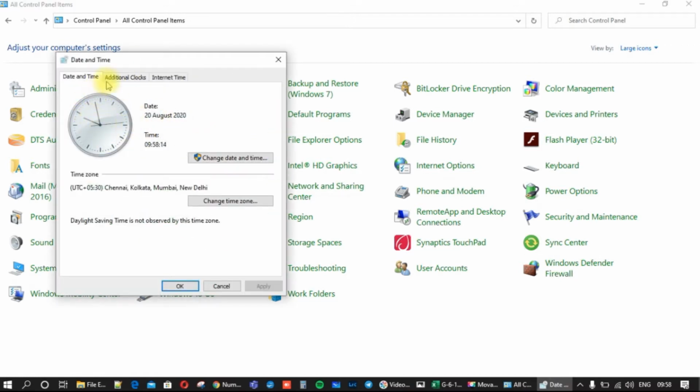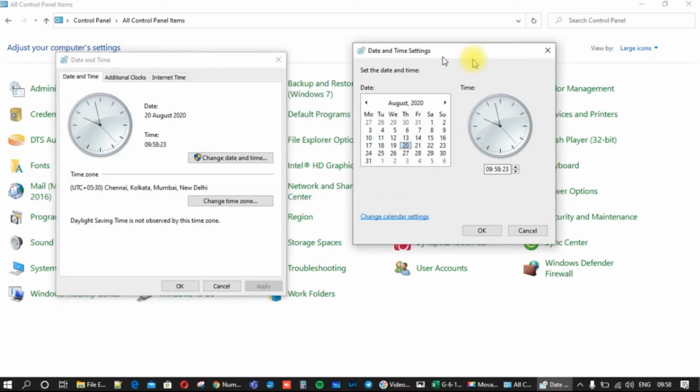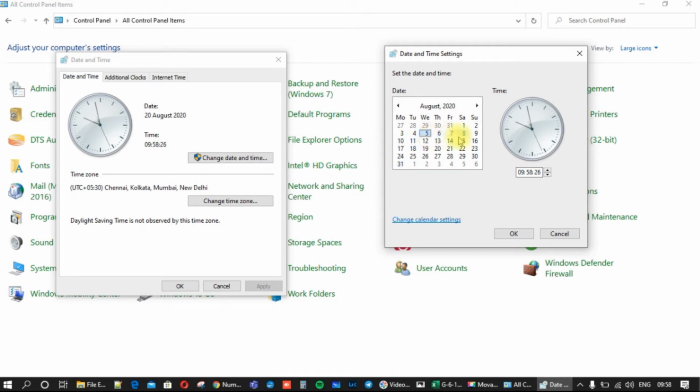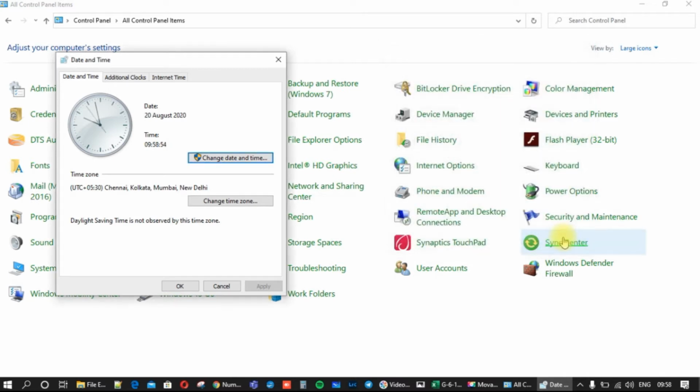Right now this is date 20th of August 2020, and this is the time. If you want, you can change it. Click on change. Select the date and the year and the month, and click on OK button, and similarly you can change the time also. Right now I'm not changing it because it will change the time of my system. But from here you can change and click on OK. Suppose you want 10 o'clock, 10:58. Now it's 10. Click on OK, it will change. You want the date 8, so click on here, the date and time will be updated. Right now I'm not going to update.